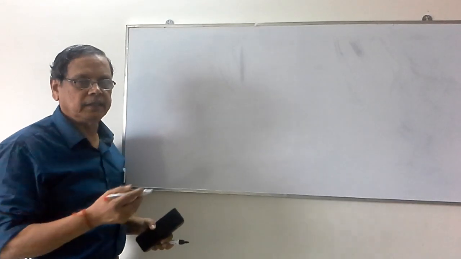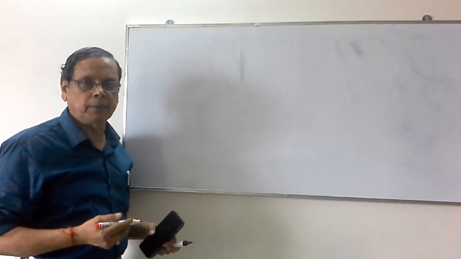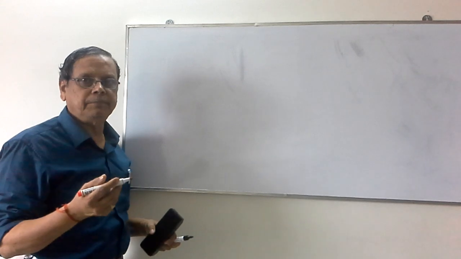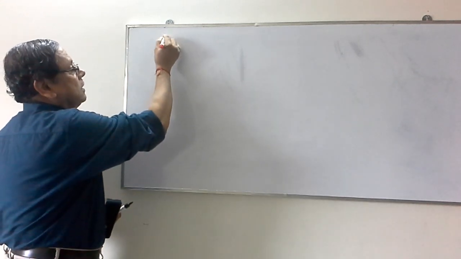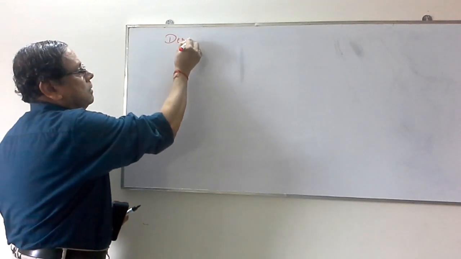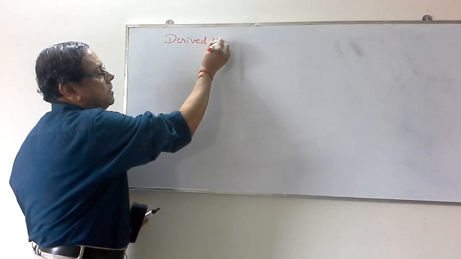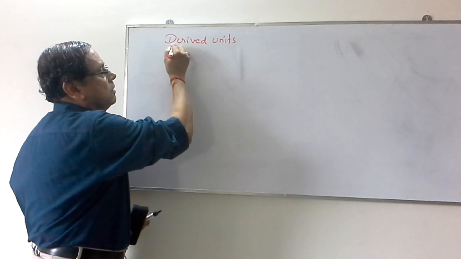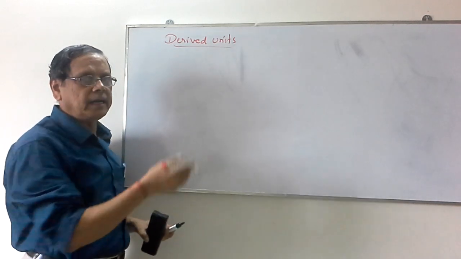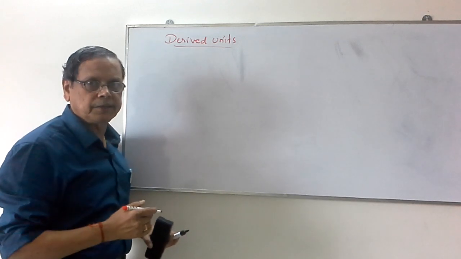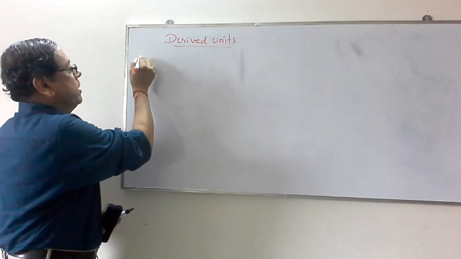In continuation with the units of physical properties, we had basic units in the previous topic. Now let us consider the derived units. In case of the derived units, these are the units used for the other properties which are derived based on the 7 basic units. So let us consider one by one.